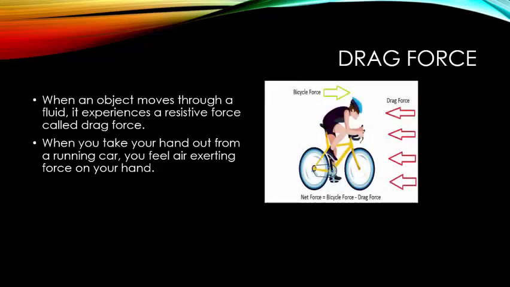Here in the diagram, a case in which drag force acts on a bicycle rider is shown. You all must have experienced that when you are riding a bicycle, the air offers you resistance. It opposes your movement as you move. As your speed increases, the drag force exerted by air also increases. So we can say this drag force has some dependence upon the speed of the moving object.